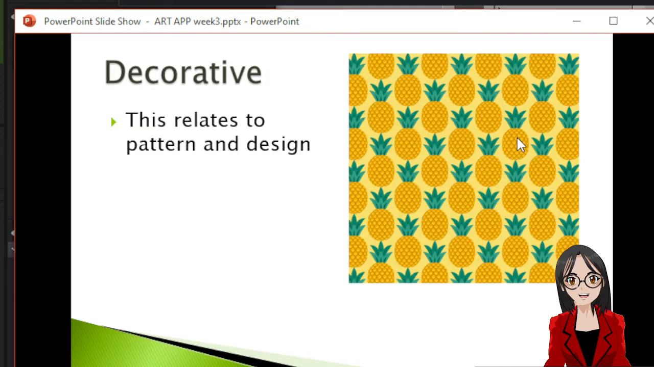Okay, next is decorative. You can call it decorative or ornamental use. In decorative or ornamental use, this relates to patterns and design. As seen here in our illustration, we have the pineapple, right? Decoration. So, usually, where do we see decorative designs, especially at home? This is where colors appear as design components to enhance rhythm and sensuous appeal. So, where is that usually found? In the